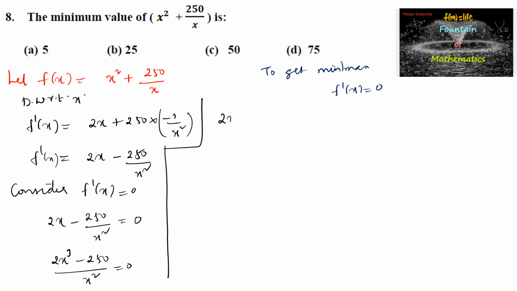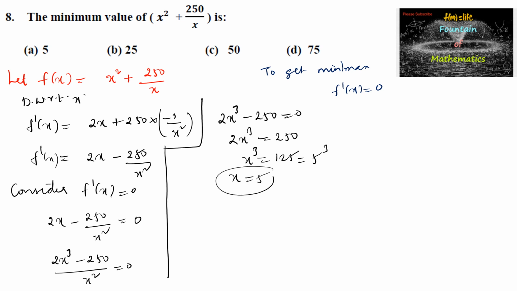So we can consider 2x power 3 minus 250 is 0, or 2x power 3 is equal to 250, or x power 3 is equal to 125. That is x power 3 is equal to 125 is 5 cube, so x is equal to 5. Now to verify whether at x is equal to 5 we get minimum or maximum, we need to perform the double derivative. Since f dash of x is equal to 2x minus 250 divided by x square,